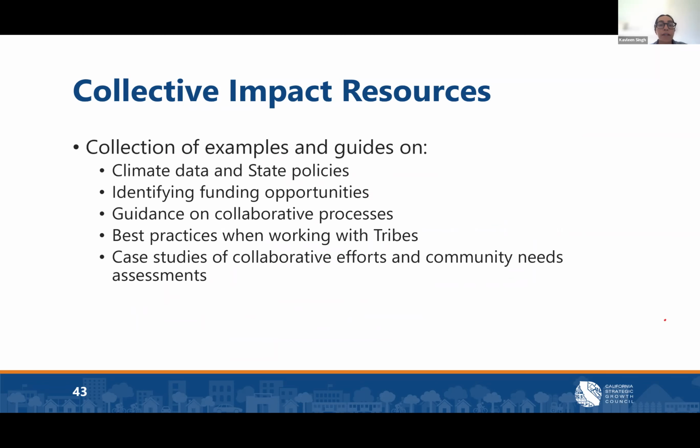Collective impact resources was one of the documents on this program resources page, and it is a collection of resources, case studies, and best practices that may support the development and continuation of collaborative work, such as the development of an RCC. SGC does not endorse any one model highlighted in this resource document, but we compile these resources to help applicants begin to imagine how their own collaborative might come together.